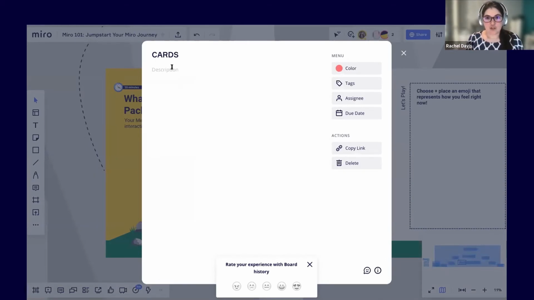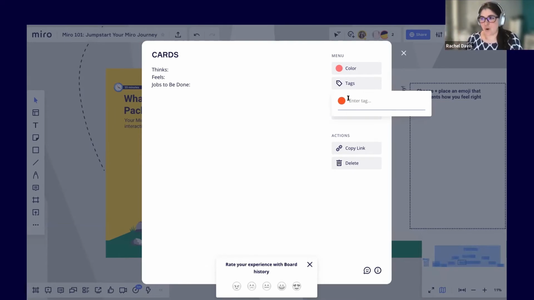So sometimes I'll actually use these for personas. So write a description of the persona, and then we might say something like, thinks, feels, jobs to be done, right? I've done this many different ways, but this is one way that I've used cards. You can also use tags here. So let's say we're talking about particular market profiles for personas, and we know that these are B2B ones.